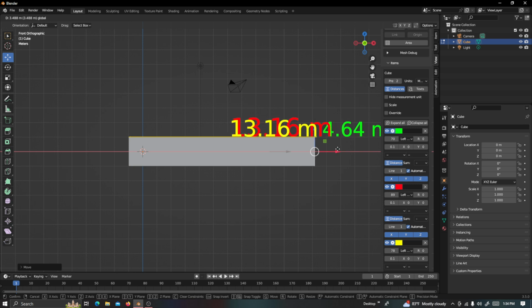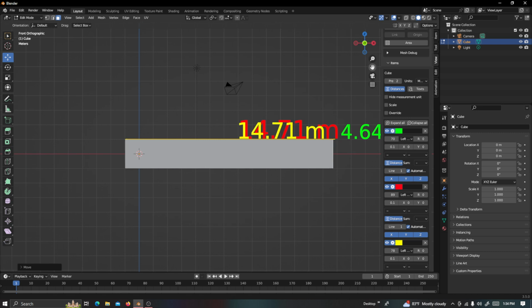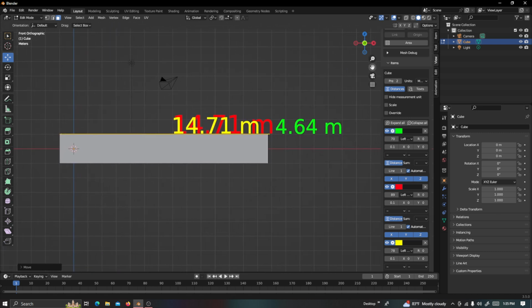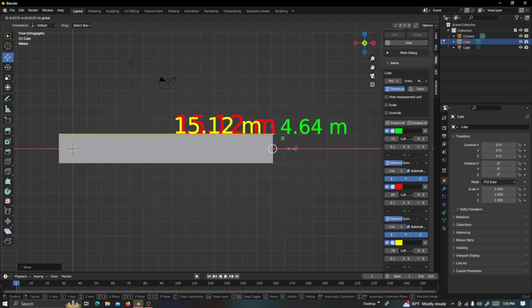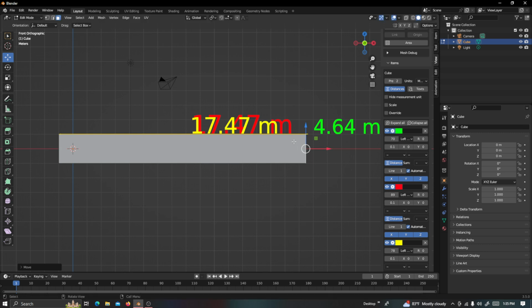So this needs 17, so we're at 13, 14. Let's use the hand one more time to just drag in, just left clicking and pulling over to the left. So now we're at 14, 15, 16, 17. Remember, it's 17.47 or 46. I'll do 47. 17.47, that's fine. Okay, so now that we have the measurement for the length and everything pretty much already set up,